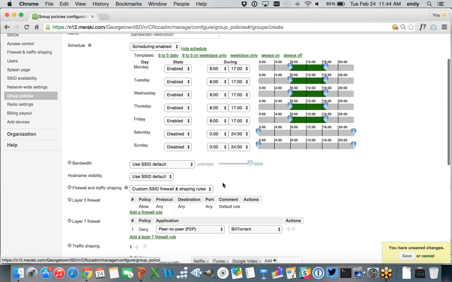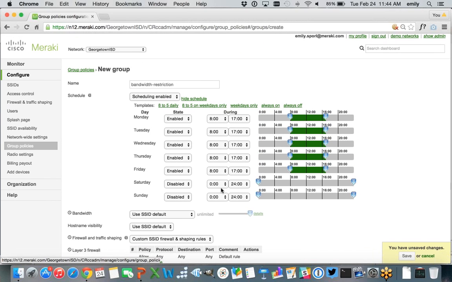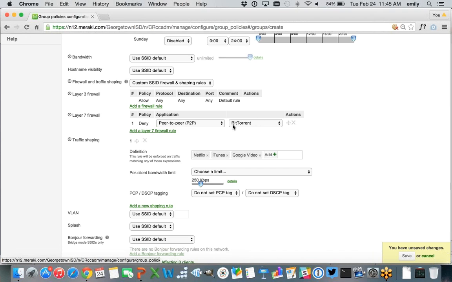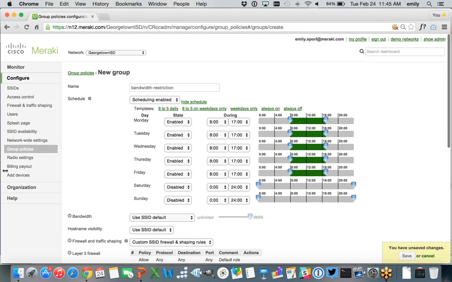So for this policy, which is a bandwidth restriction policy, and it only applies on 8 to 5 on weekdays to various devices, basically what I'm saying is all BitTorrent will be blocked for clients or devices receiving this policy, and these 3 applications are going to be throttled immediately to 250 kilobits per second. If I actually wanted to prioritize these applications instead, it's as simple as bumping that up to unlimited and saying ignore limits. So then you can just go out and apply those policies. It's very, very easy and simple to do.